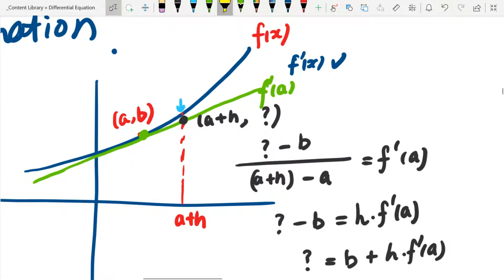We can see this part equals the previous point's height, which is b, okay? Which is this part plus the h. H is what? It is the increment from this point to that point, that's the h. Times what? Times the gradient of that point. Okay, the gradient of that point. So again, which is